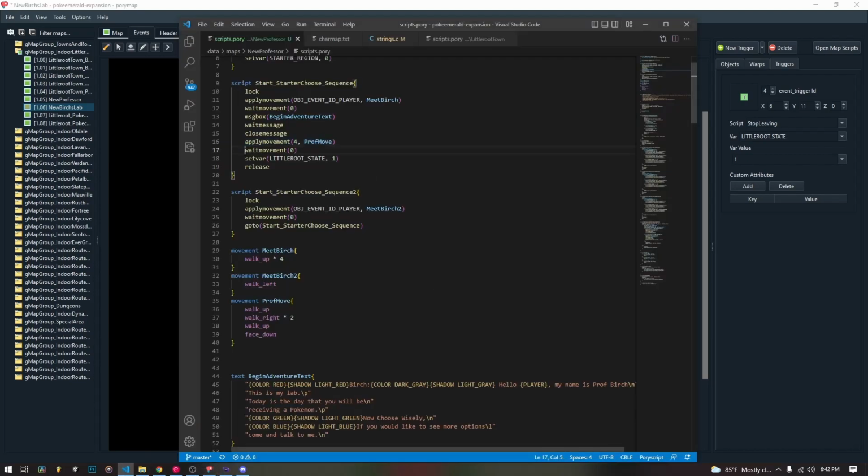Now we wait for that movement, and then we set the variable. So now the script here, the event triggers, will trigger so we can't leave, and then we release. Now again, like I said, the starter choose sequence 2 just applies this extra movement, meet Birch 2, which just walks you left 1